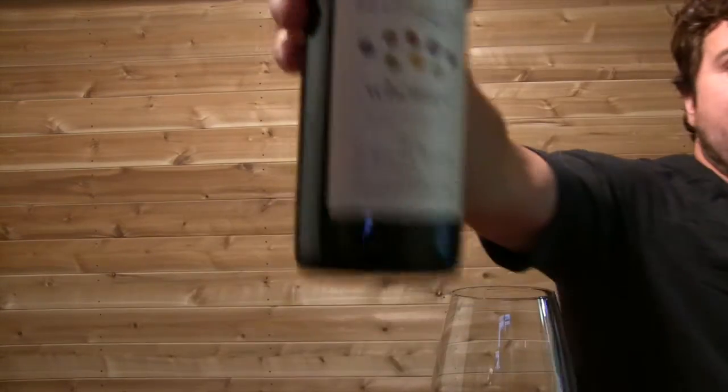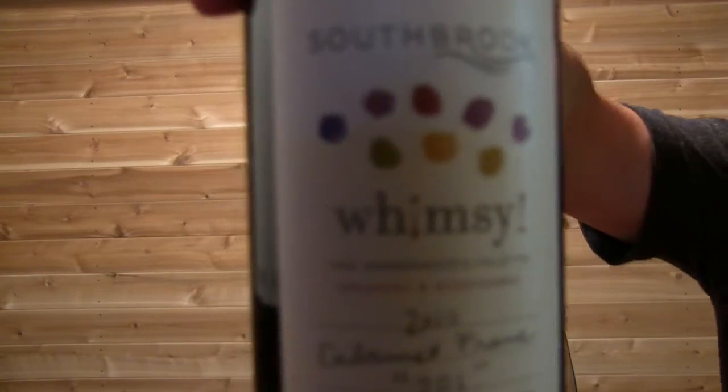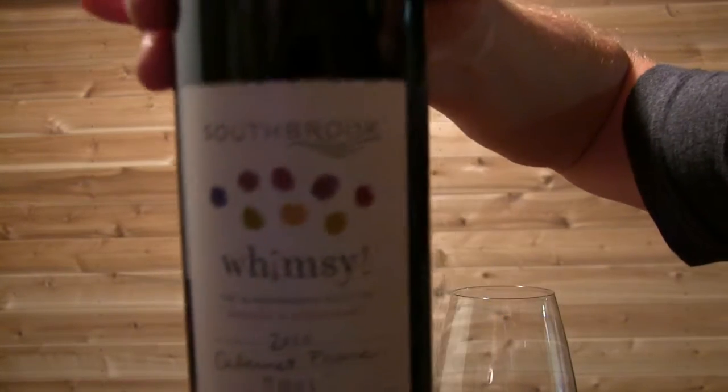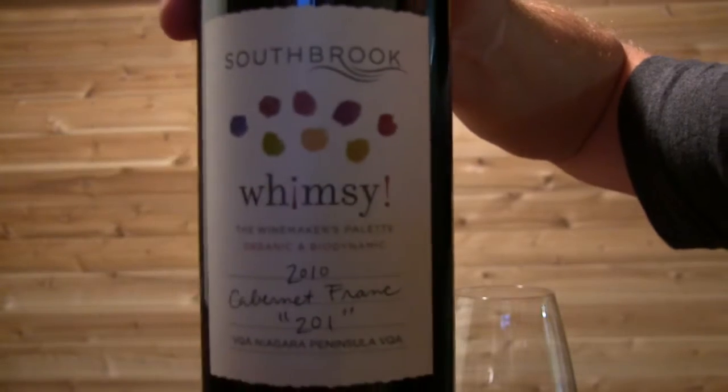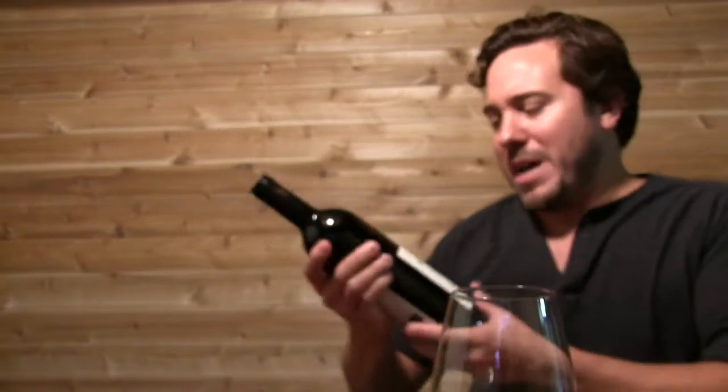And today I've got a great wine for you. This is from SOUTHBROOK Winery and it's their Whimsy label, and it's their 2010 Cabernet Franc. Now the Whimsy label is kind of like their main label, their upper echelon flagship, whatever you want to call it. They have a poetic series with poems and art on them, but I'd say this is their top label